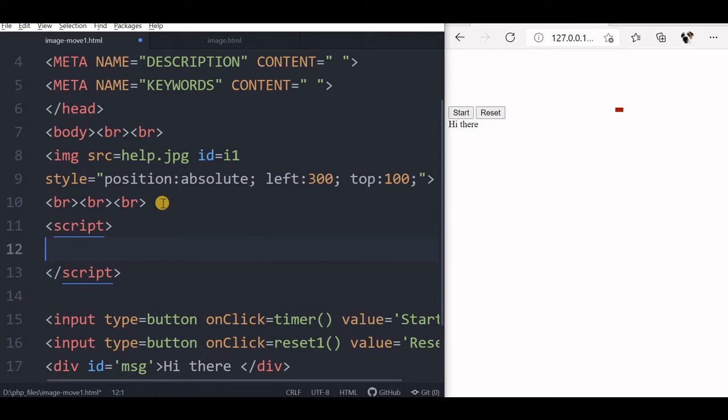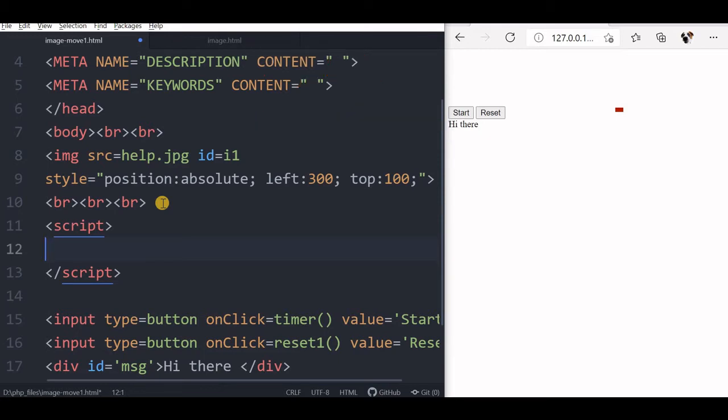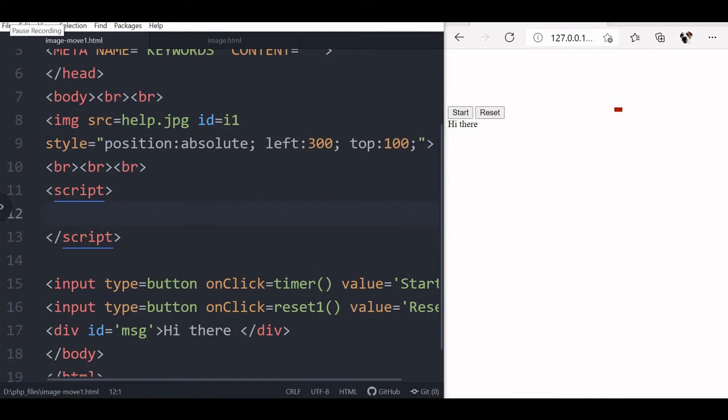Then in part 2, we'll see how to reset the timer, because we want to bring this image back to its original position. And the third part is how to display it every time. Every time you call this function, it will move one step based on the direction you program. So these 3 things, not a very big code. Every function will have some 3-4 lines of code. We'll see that now. We'll start with our timer first.